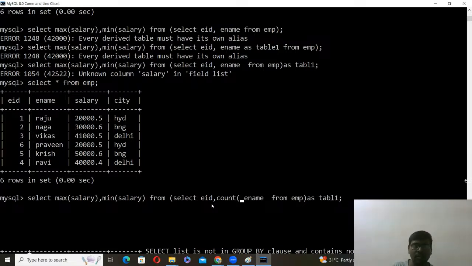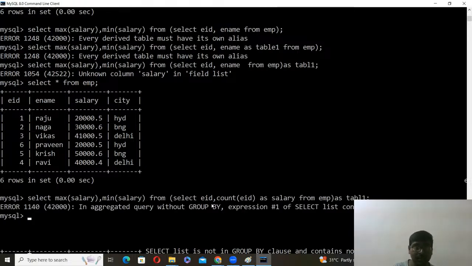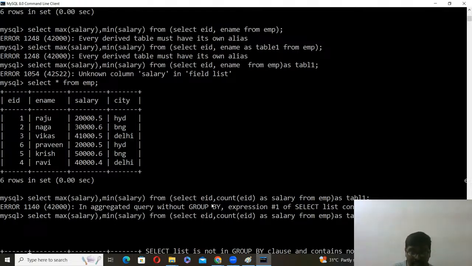That is your wish. Otherwise, you can ignore. Count of employee ID, remaining names are your issue. Salary. What happened? Again, sorry, I forgot to write group by as salary